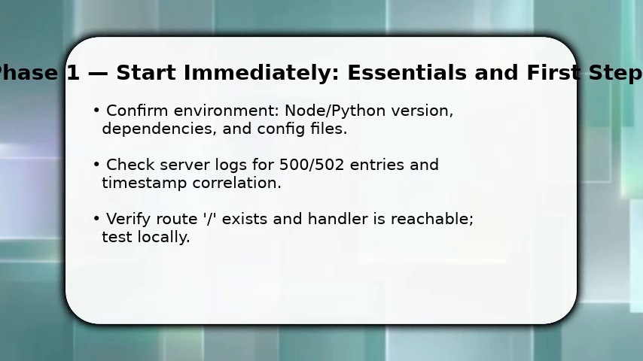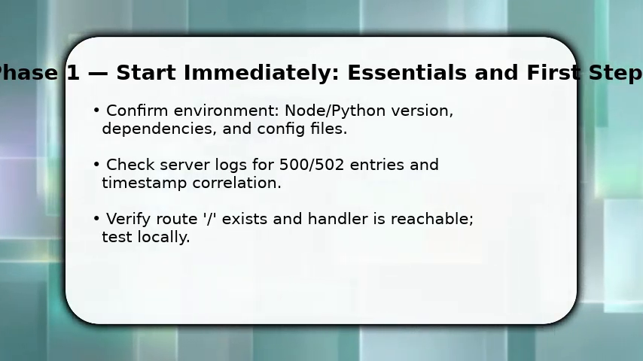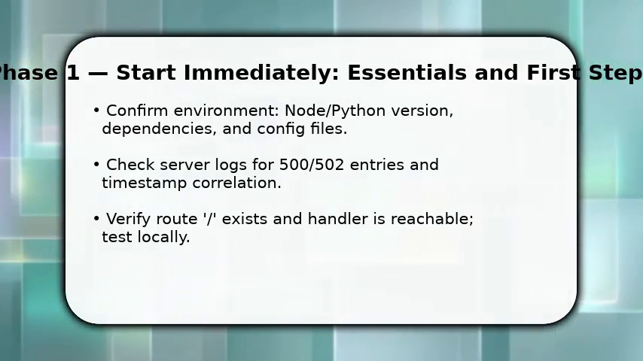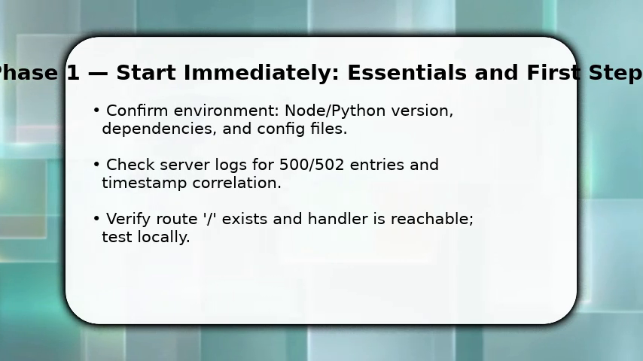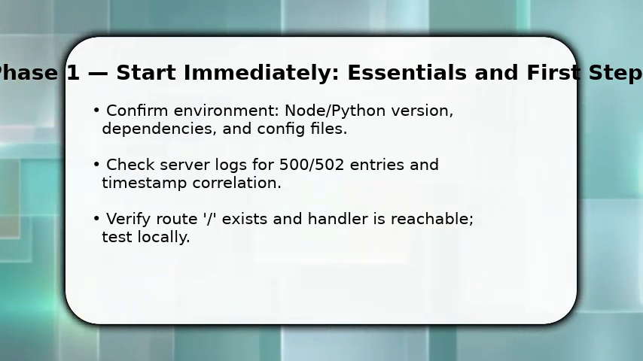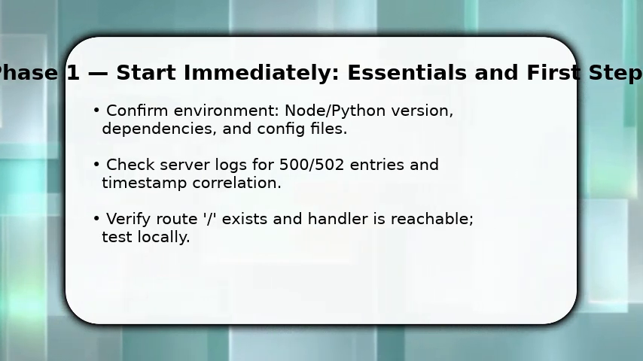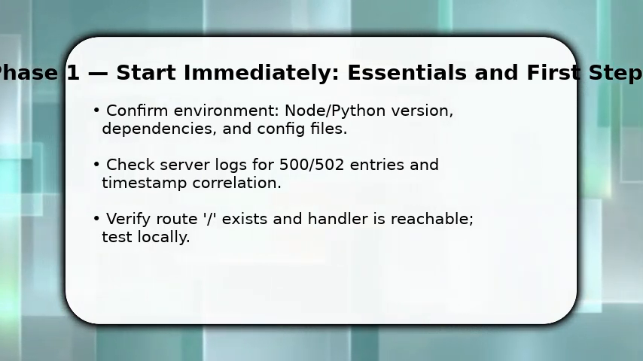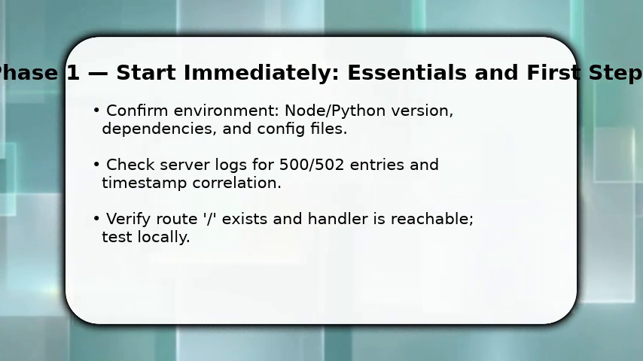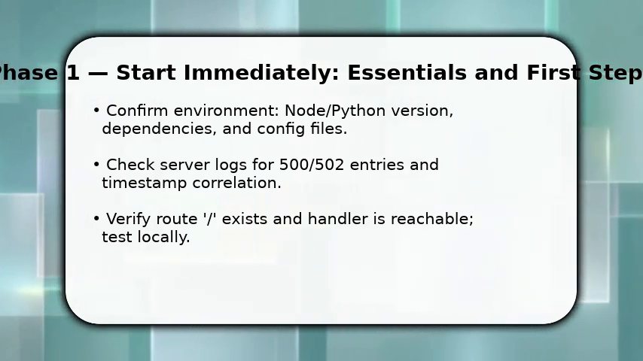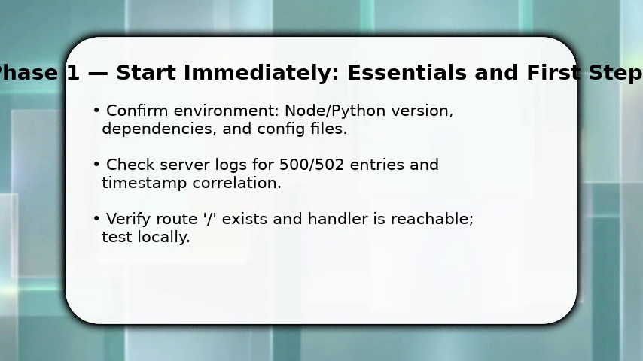You start by confirming prerequisites. Check runtime version and installed packages so the environment matches production. Next, open the server logs and filter for 500 or 502 entries to see the initial error trace. Note timestamps. Once done, verify that the root route / is defined in your router or framework and call its